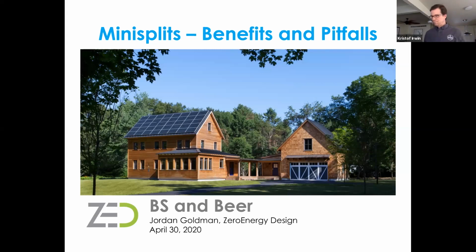I've intentionally put a picture of a house on as the cover slide because it's important to remember that systems are there to serve the people, not vice versa. So comfort is the end goal, and it's just as much dependent on the building envelope as it is the systems. One of the things I love is designing the smallest, simplest systems possible, and that goes hand in hand with a good building envelope with the goal of providing excellent thermal